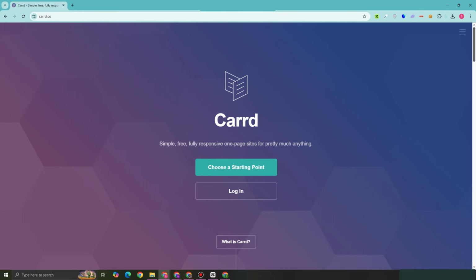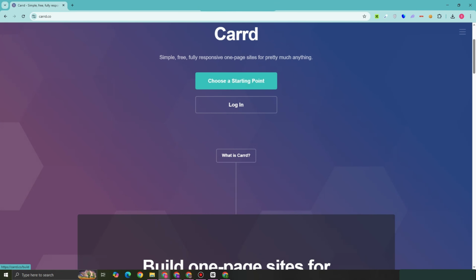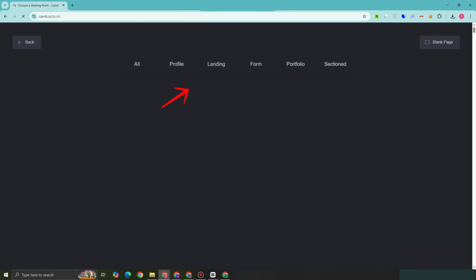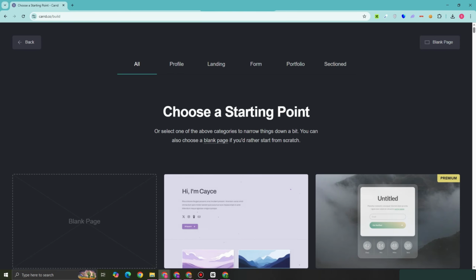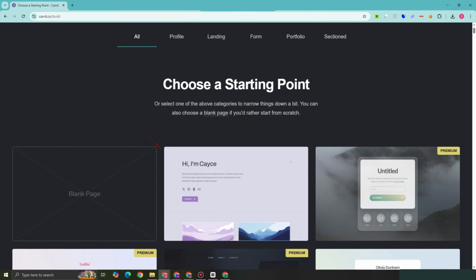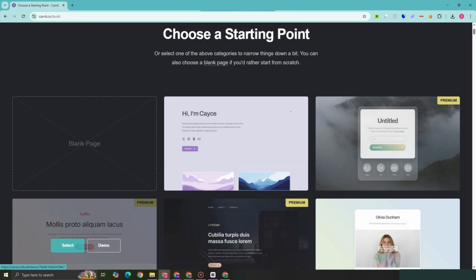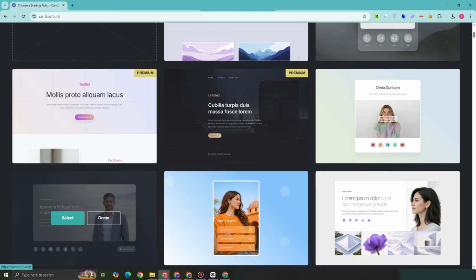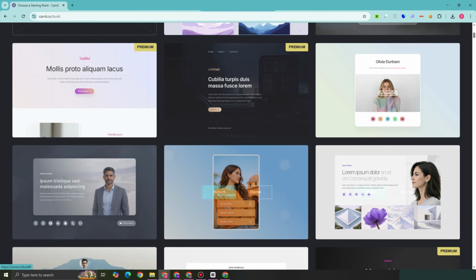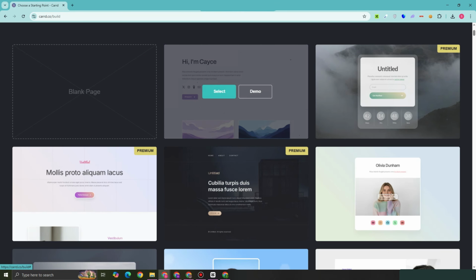For ideas, you can ask ChatGPT what idea or what website you would like to create. So this is what it looks like. Now you can tap on choose a starting point. You can choose from any of the templates right here, or you can start from scratch. I want to select the first one right here beside blank page, tap on select, and